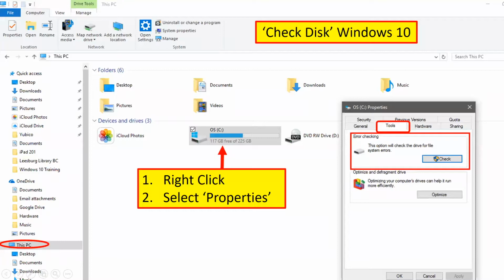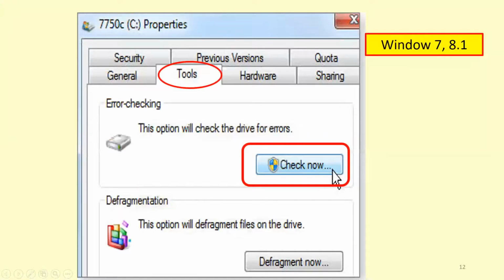And you click on the Tools tab and click on Check for error checking, and off it'll go and do an error check. Now, in some operating systems, what you get when you click on Tools and then the Check, which is this box here, it comes up with a little display and it says, hey, the next time you